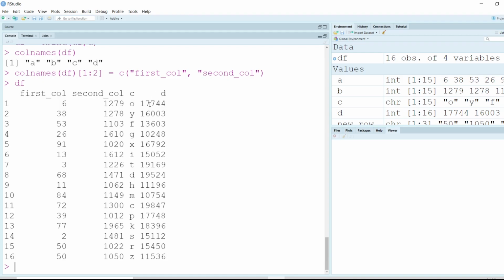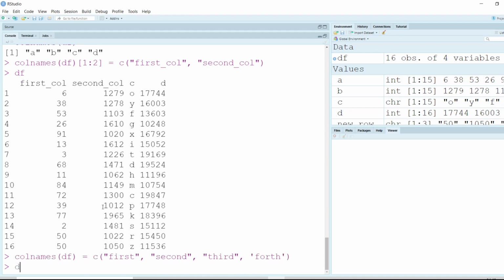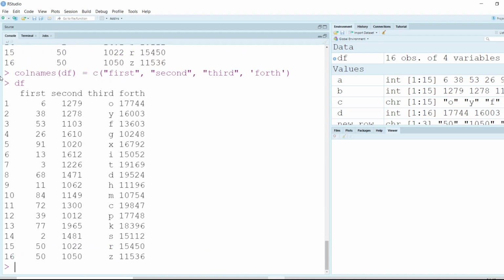However, if I want to change all the columns, I can do that using colnames(df), and I don't have to pass any array or any slicing here. I just have to pass all the new names like this. Now if I type df again, column names have now changed to first, second, third and fourth. So this is how we update the column names in R.